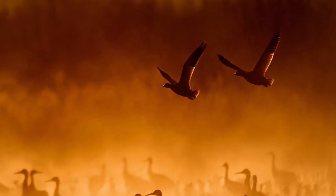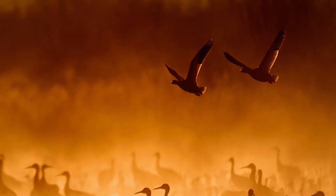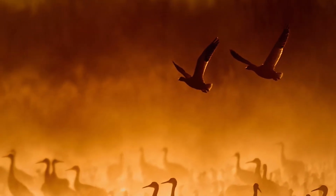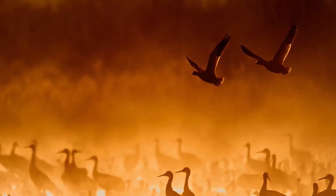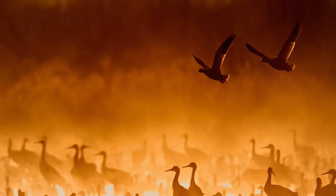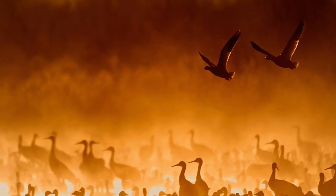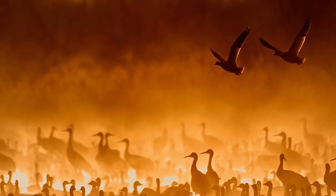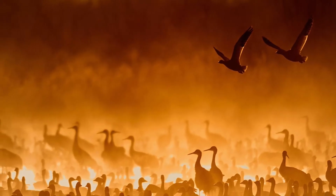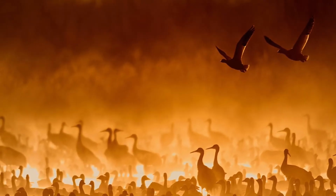And finally, out of the corner of my eye, I saw these birds flying into the scene. I let go with a burst from my remote shutter. Those birds landed. The rest of them flushed, took off. It was over in about 4 seconds. And if I didn't get it, I didn't get it. But I went back to the hotel and found out I had it. And I was pretty happy because I had spent a good portion of my life trying to make one stupid